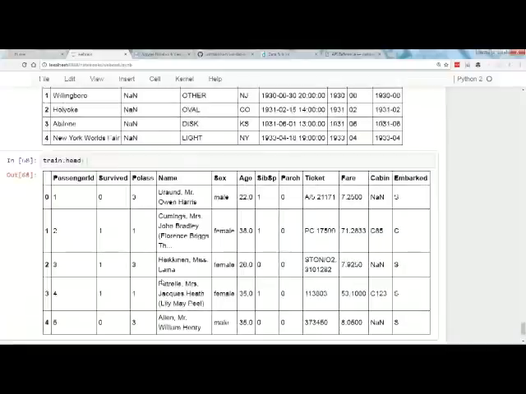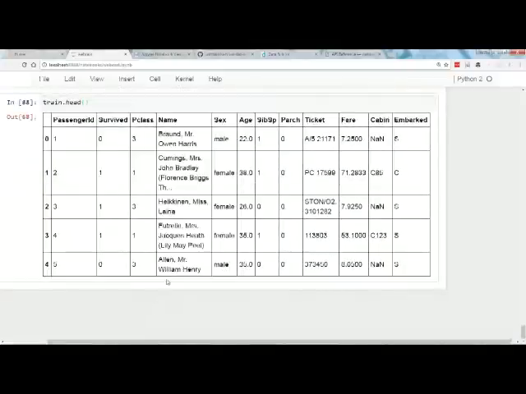Okay, so here's the kind of thing that the asker is asking about. He's trying to make a column that's like, if sex is male and age is less than 30, then the column should say young male or something.